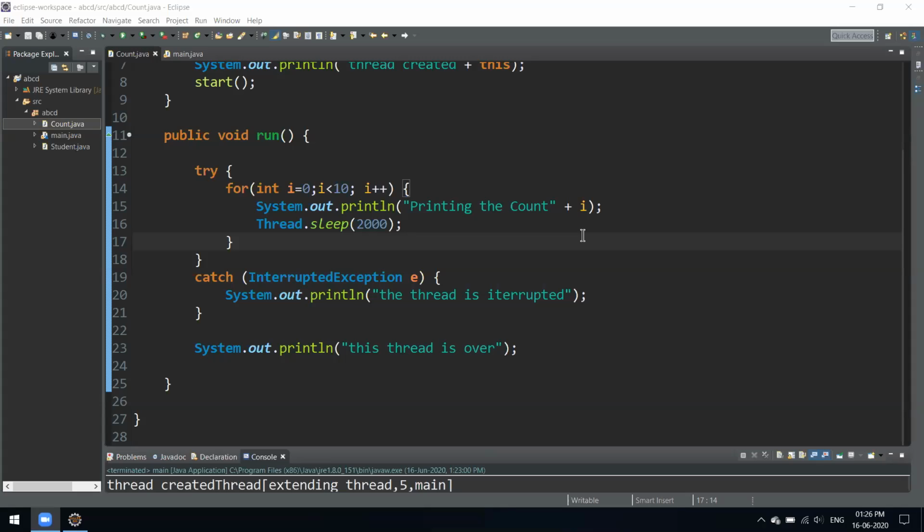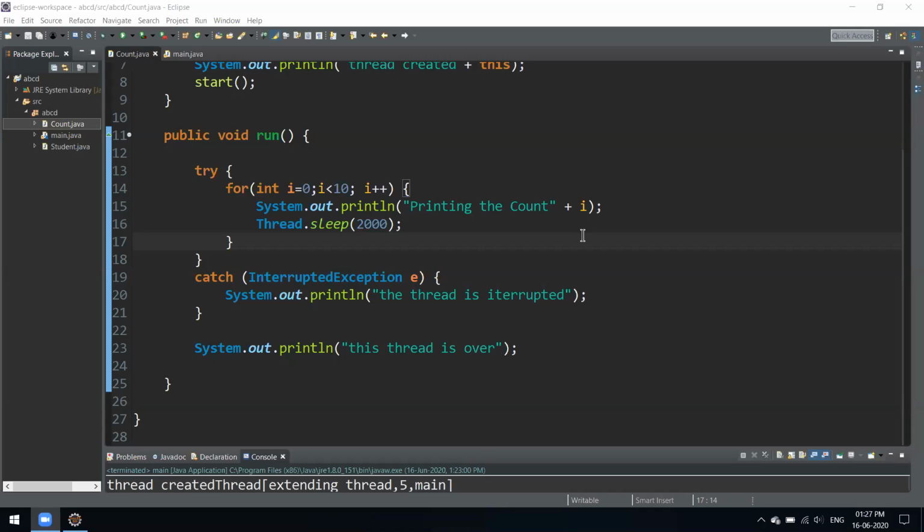Sometimes you're downloading some video or performing some complex operation, or uploading something. At that time you don't want your whole application to stop until that process is completed. So you have to make that uploading or downloading run in a separate thread, and whatever other stuff you want to do you can do in the other thread. So there you can use this concept of threading. And again you can do lots of things. If you want this thing to happen first, you can also give priorities to threads.